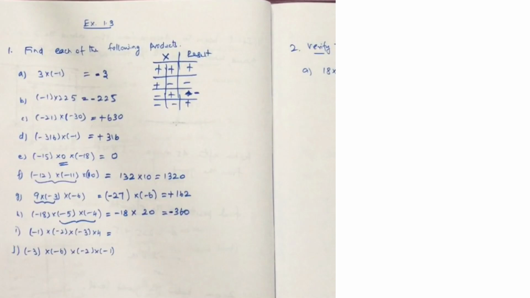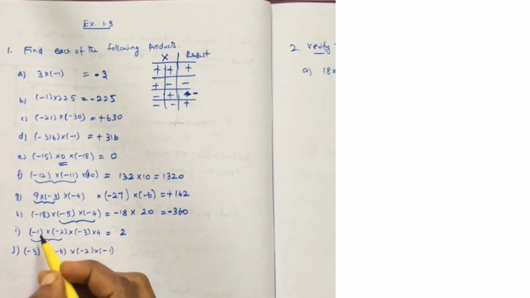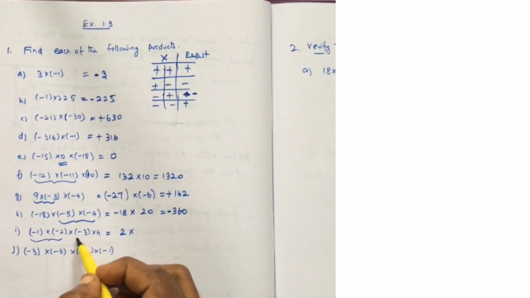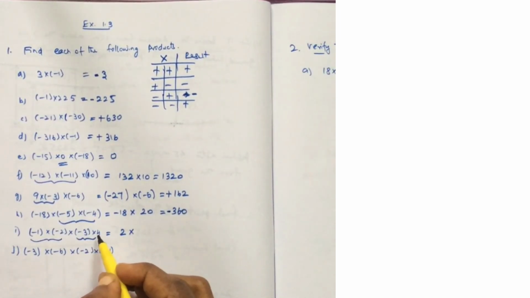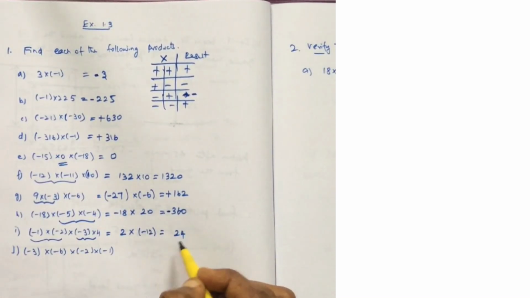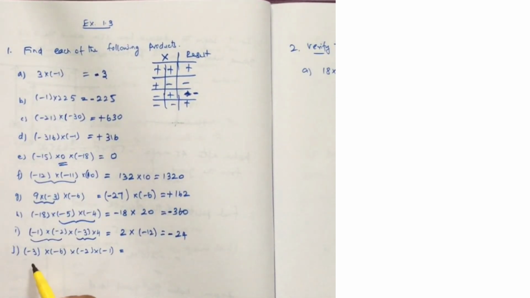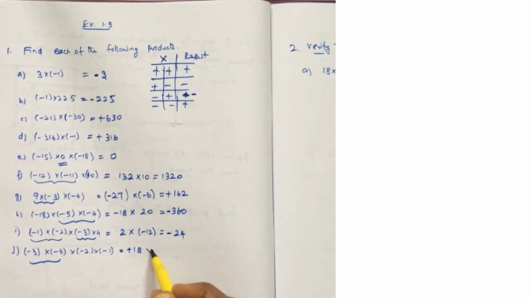That is equal to, next problem is, here we can solve these 2. 2 ones are 2. Minus into minus is plus. Multiplied by, what is this? 4 3s are 12, but it is plus into minus. So it is minus 12. Okay, 12 2s are 24 and plus into minus, minus. And the last problem is, here 6 multiplied by 3, that is 18, minus into minus plus, multiplied by 2 ones are 2, minus into minus plus. So 18 2s are 36.